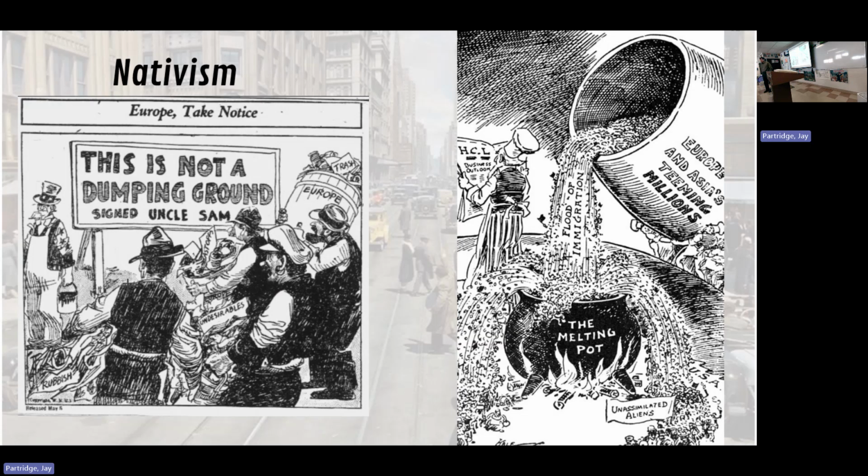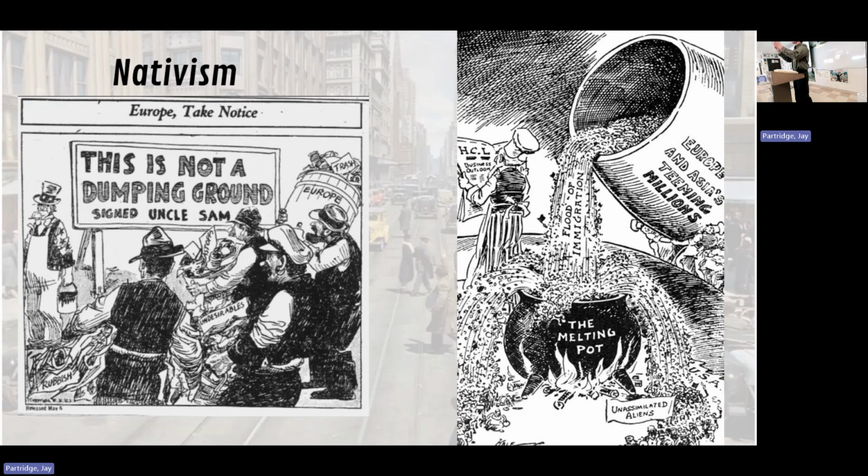It's scary leaving your country and going someplace else. And they had to show a great amount of courage and come to this scary place where they don't know anything and have to work so hard to make it. And then they're going to be called undesirables. Yes, I have sympathy for it, but I too have relatives who were immigrants at one time for that reason. And so this idea of the melting pot of people coming in, but they're unassimilated, meaning they're not leaving their true culture, means something else. And Europe and Asia's teeming millions being poured in.